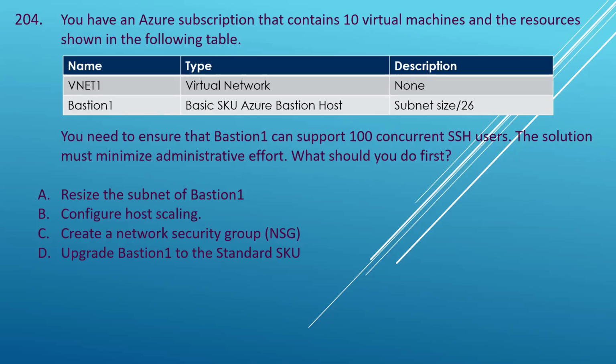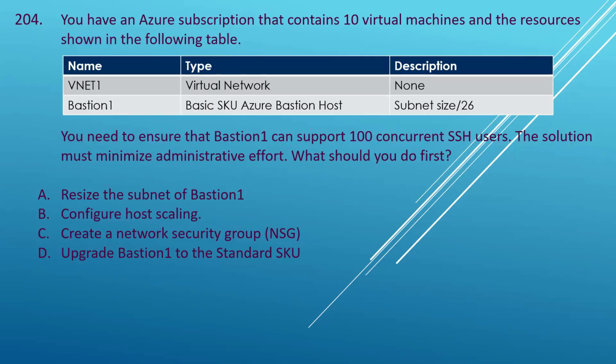You need to ensure that Bastion 1 can support 100 concurrent SSH users. The solution must minimize administrative effort. What should you do first? Your options are: resize the subnet of Bastion 1, configure host scaling, create a network security group, upgrade Bastion 1